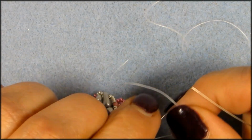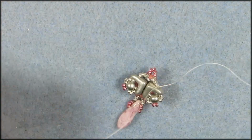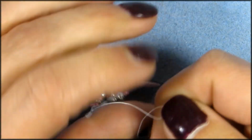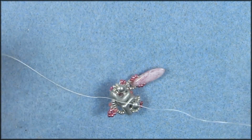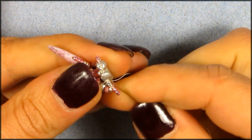and then we're gonna double knot that again. You sure? Yeah, I'm sure. 1 and 2 right there. Gonna go into the Eva bead,